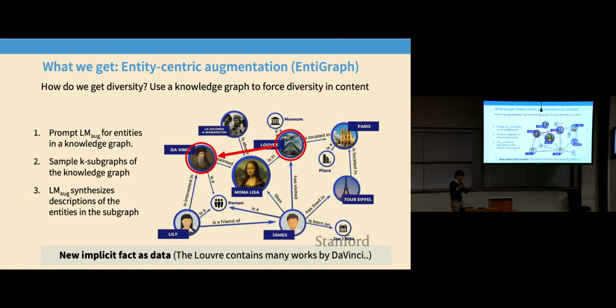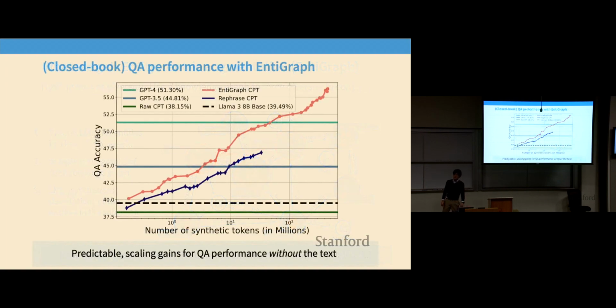So, to put this all together, really what we are doing is that a document has a lot of facts in it, right? It has a lot of implicit facts. If we read the document, we can form inferences about different entities, and we're taking those implicit facts that are never explicitly stated, and we're materializing them explicitly using the synthetic data strategy. And it also serves as a form of randomization. So what happens when we do this?